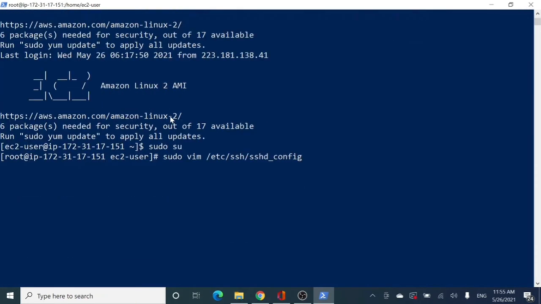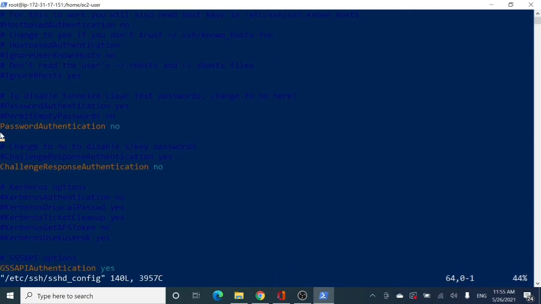So that is the command with which we will be opening our sshd_config file. In that configuration, there are so many settings, and we will be setting the password authentication to yes, which is by default set to no, right? So click enter. Right? So now this on your screen is your SSHD file.